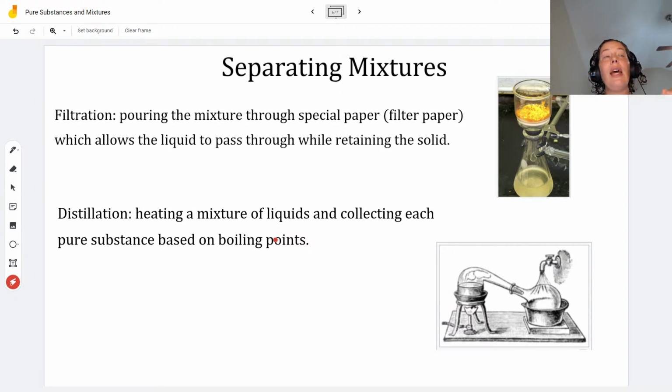So this is one way that you refine oil, is you separate it based on boiling points. So you really slowly heat it up and you collect everything that boils at a really low temperature first. And then you collect things that boil at higher and higher temperatures. And I've got a picture here. This is a really old classic